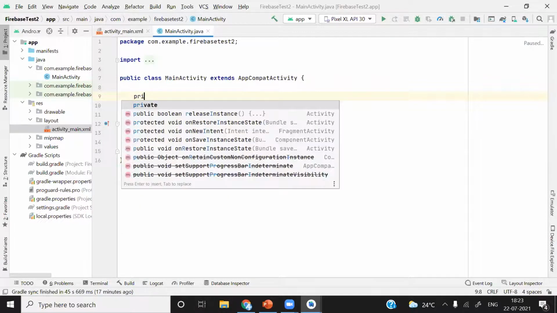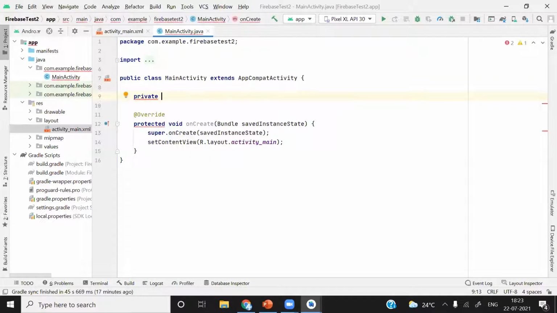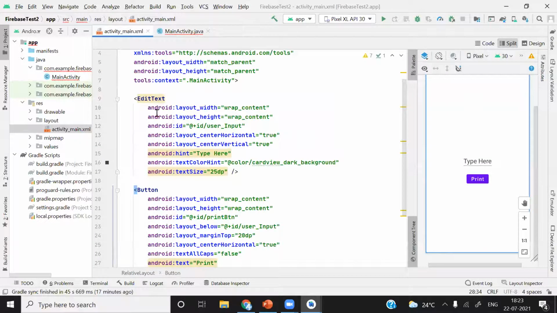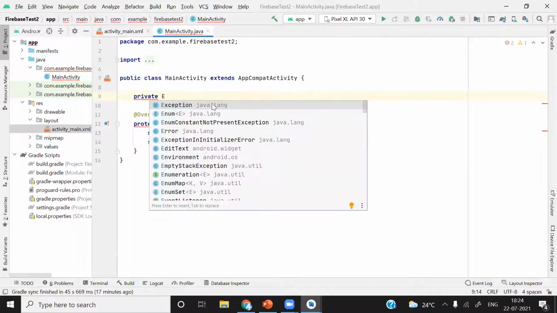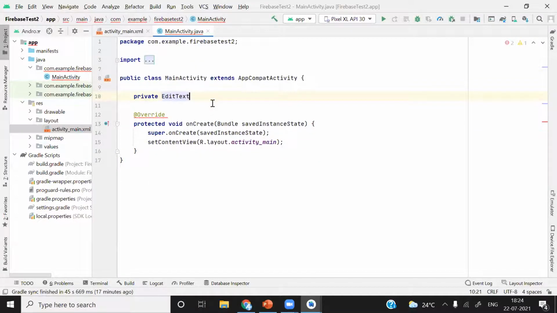So I will write private, and after that you have to write the component name which you have included in your user interface. So first we have included this edit text. Sequence can be anything, it doesn't matter. So I will just type edit text. You can see here option available, edit text. Hit enter.